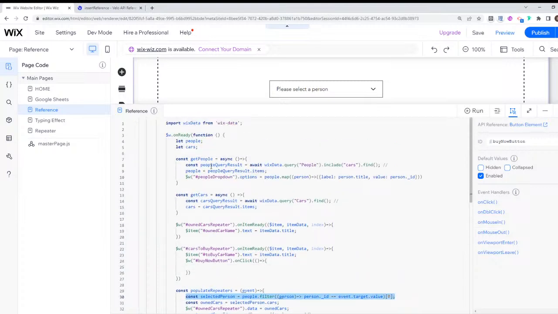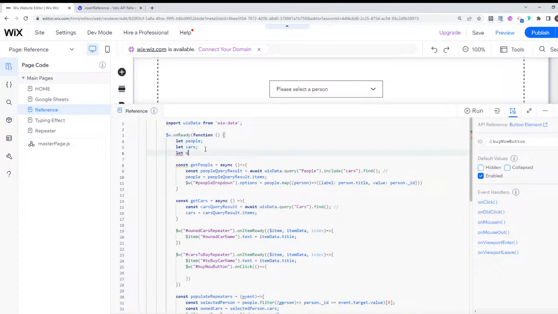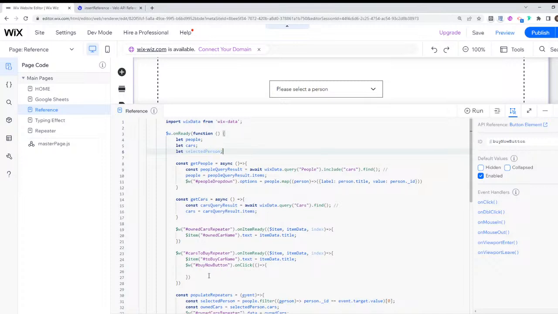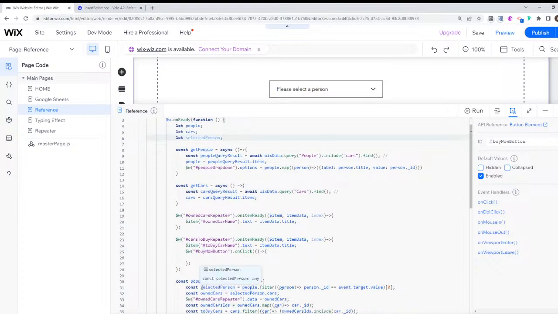So I'm going to also lift that variable up here. So let selectedPerson, and I'm going to assign it over here. And in here, what we're going to do is we're going to say